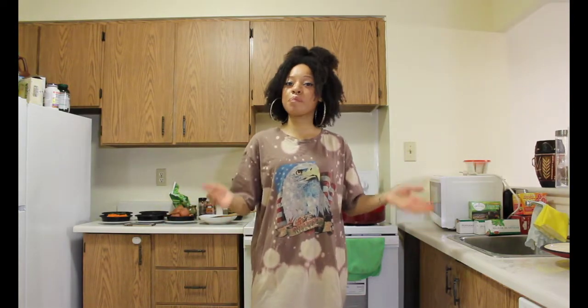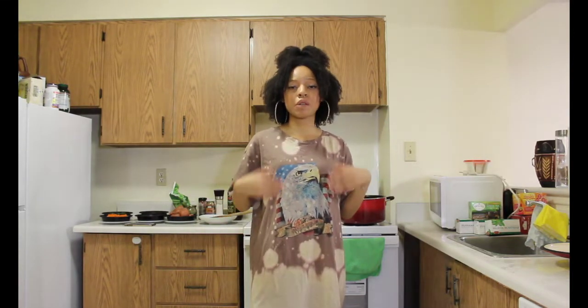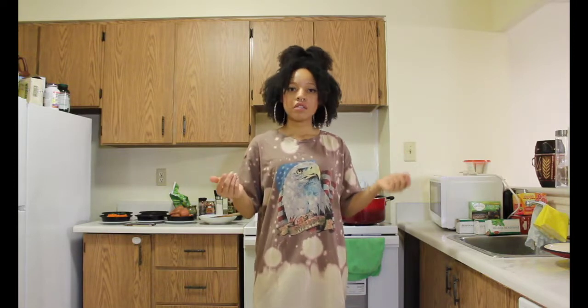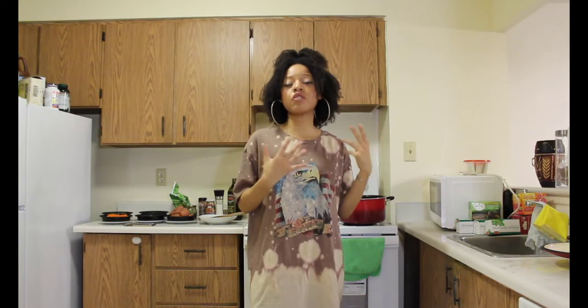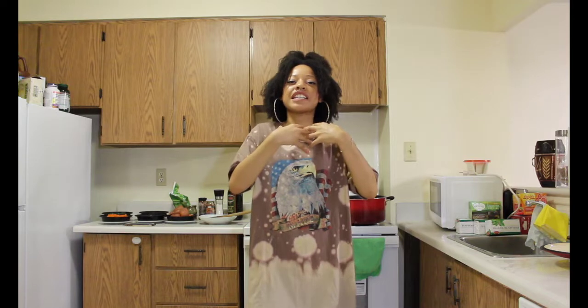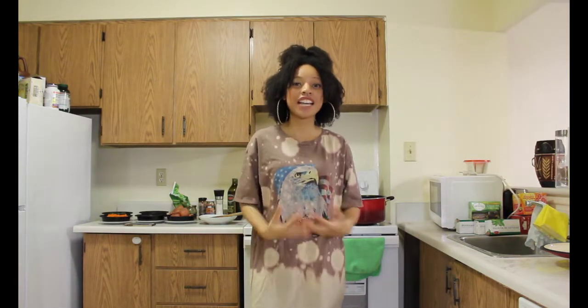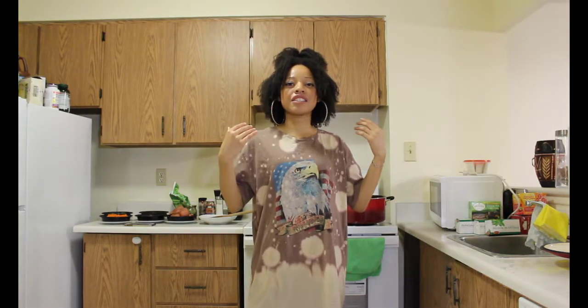So today we're going to make sweet mashed potatoes. I don't eat regular potatoes like bacon potatoes and all that because those kinds of potatoes don't have nutrients in them, no vitamins, nothing. And our body needs nutrients, it needs vitamins, it needs great stuff, okay? So all that the bacon potato has is starch,